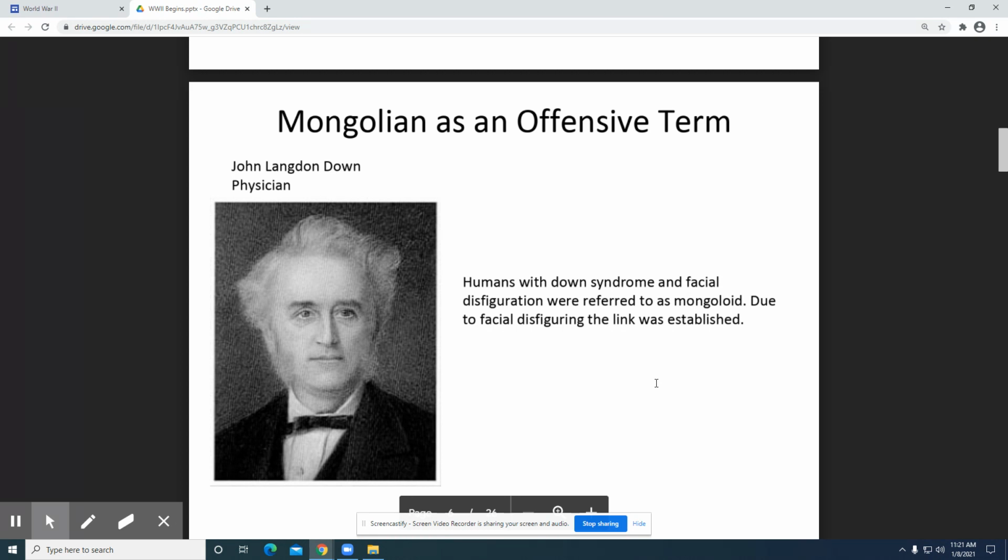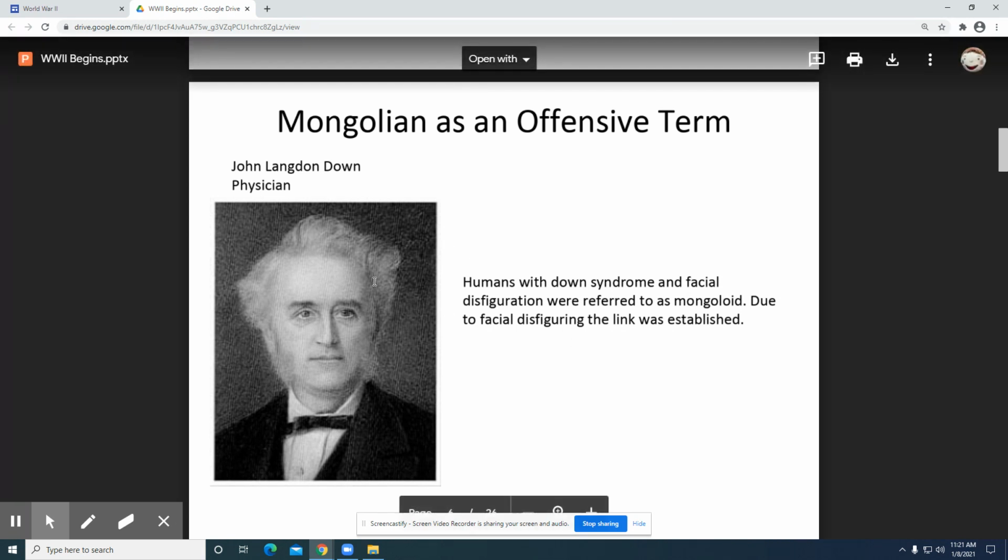We already know about the German racial views, but for the Japanese, there seems to be a feeling that the European nations in the West view the Japanese and the people of Asia as inferior. And I can't help but think of Langdon Down